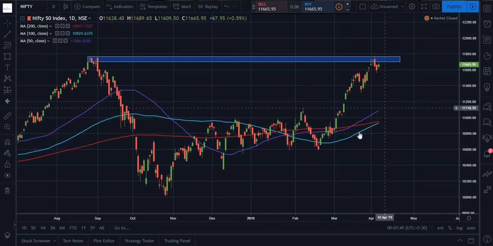So the moving averages are also telling us Nifty on the long-term perspective is still bullish, but on the short-term perspective, since there is a big gap between the moving averages and the price, a small correction can be anticipated, and then once the moving averages start moving up and price takes support on the moving averages, the next move can be possible where Nifty can break this zone and create a new